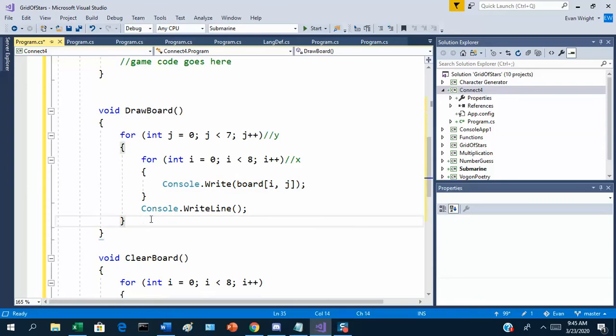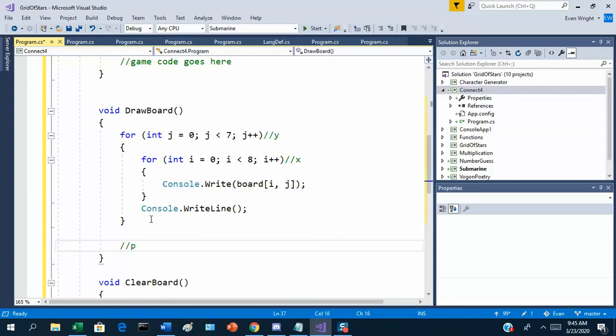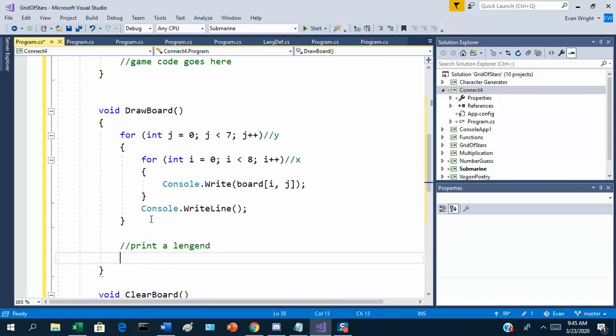And then let's print out like a legend or something. You know, just print out a bar below the board or something. I don't know. What do they call that? Like a map legend or something. Okay. So let me just print out